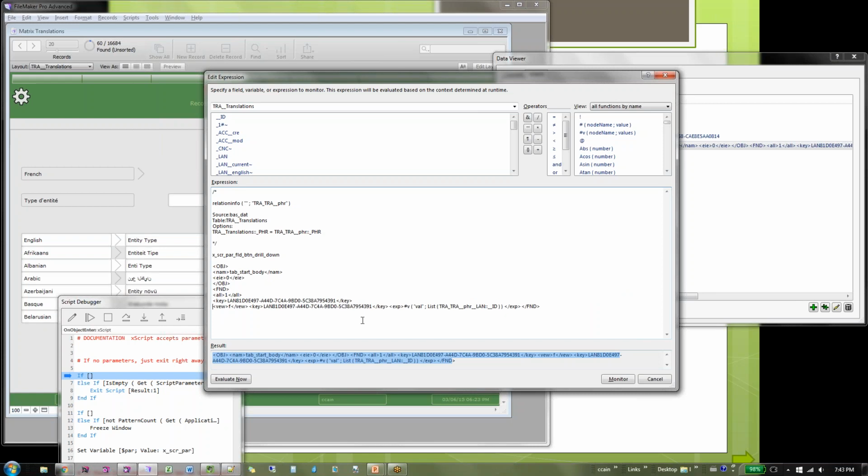This is the key I want to land on. Do I want to land on the form or the list? I get the key a second time, which is interesting. And then I want an expression, which is a list of all the records, so I can search for that. Follow? So it's translating this into that.